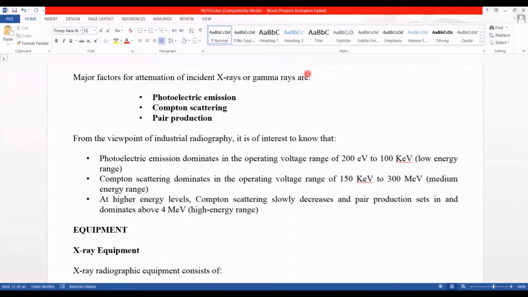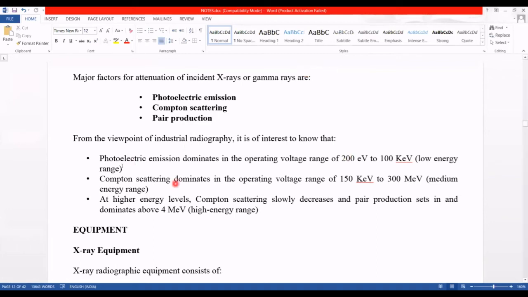Here also the photons disappear and reappear in another form. So this also causes a reduction in the radiation. So these three are the mechanisms of energy loss in radiation: photons are disappeared, photons are reflected, photons disappear and reappear in another form. These are the three forms of reduction of radiation. See this.